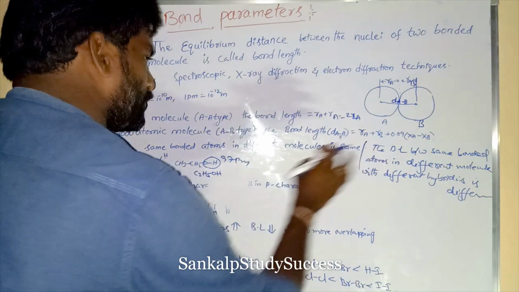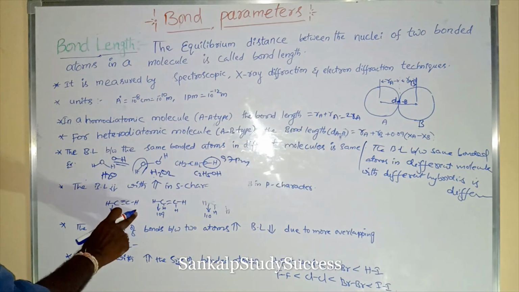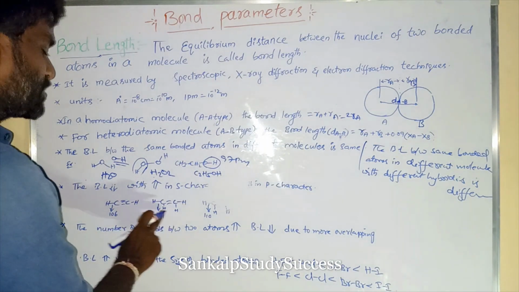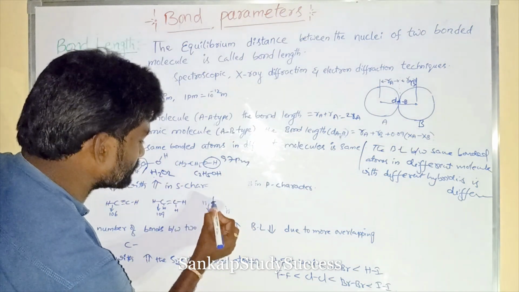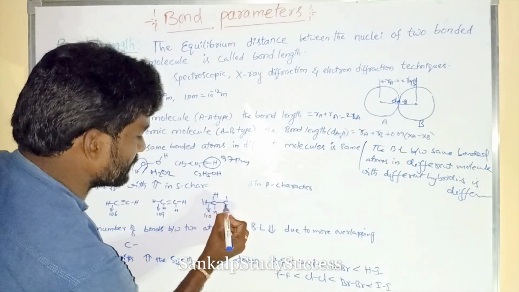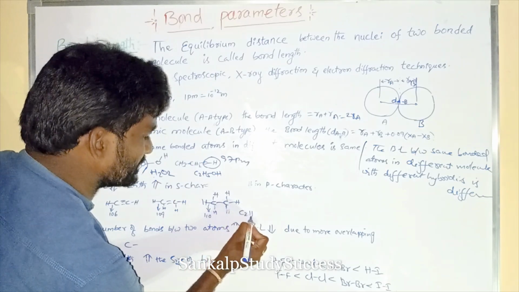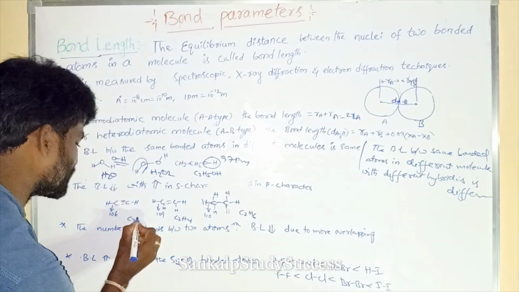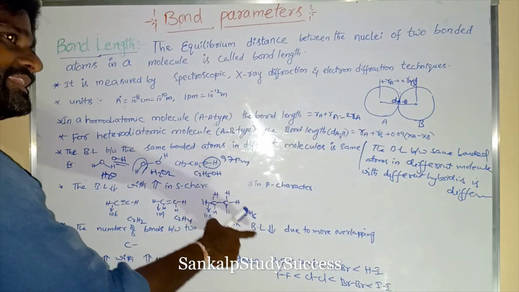So for example, this is acetylene, CH triple bond CH. This is ethylene, CH2 CH2. This is ethane, C2H6. So this is C2H4. This is C2H2, acetylene. This is ethene. This is ethane.